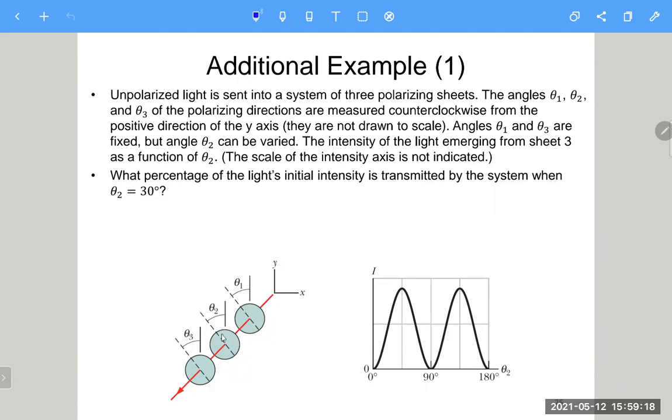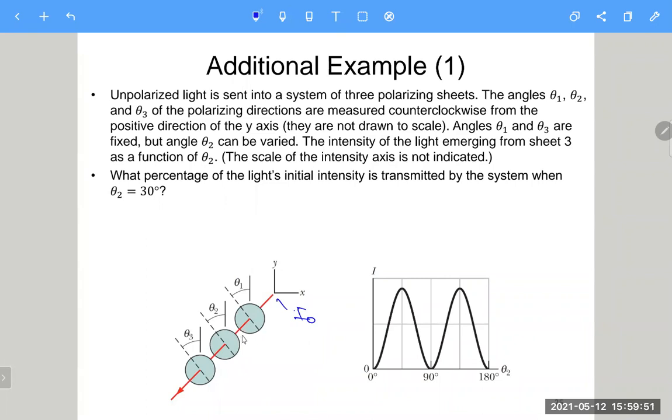And then we try to rotate theta 2 from 0 degree, and then we try to test. From here, maybe you can call it I0. And then after passing through, of course, originally it should be an unpolarized incident wave. And after passing through the first one, it should become the polarized ray